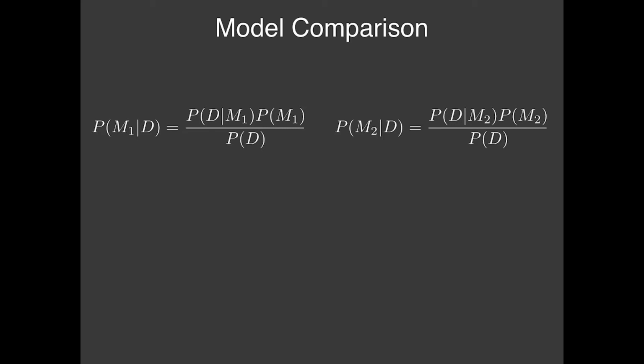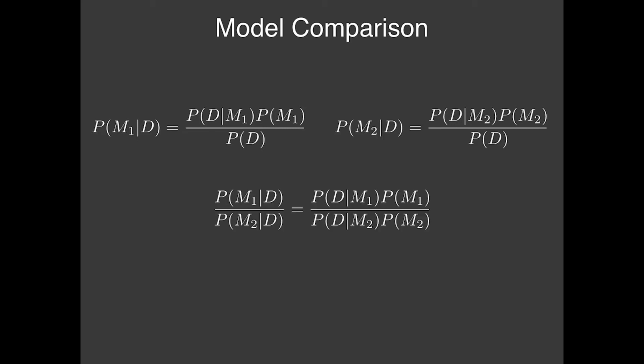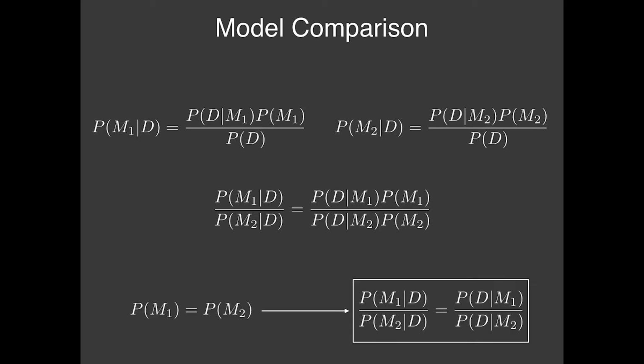And when I do that, this probability of the data totally drops out from the formula, which is nice. And I'm left with this ratio of probability of the data under model 1 over probability of data under model 2, each multiplied by these two different prior probabilities. Now, if I have a case where I really have no sense of the prior probabilities, or where they're approximately equal, I can reduce this equation to just this ratio of the probability of the data under model 1 versus the probability of the data